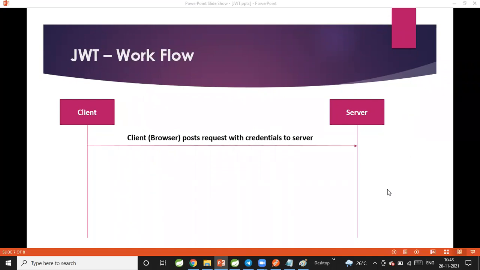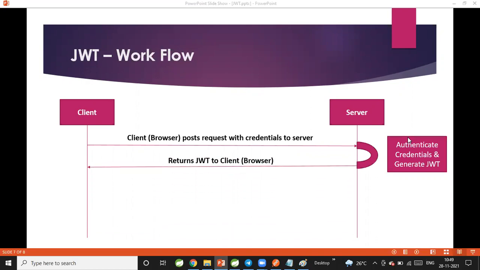The client may be a browser, Postman, or another application. Then what is the server going to do? It authenticates the credentials and generates a JWT token.